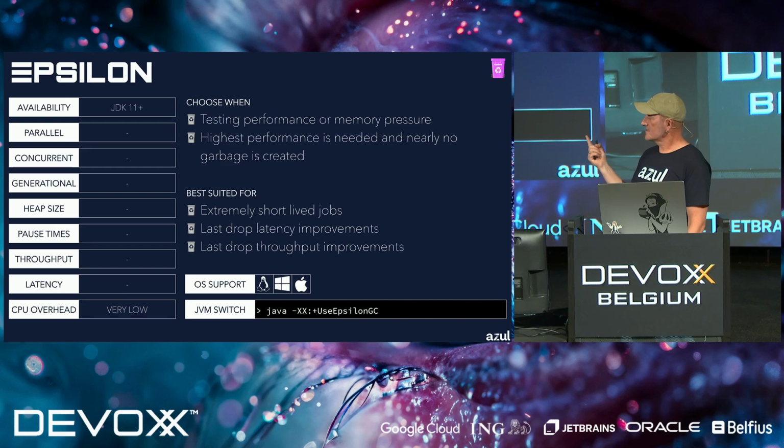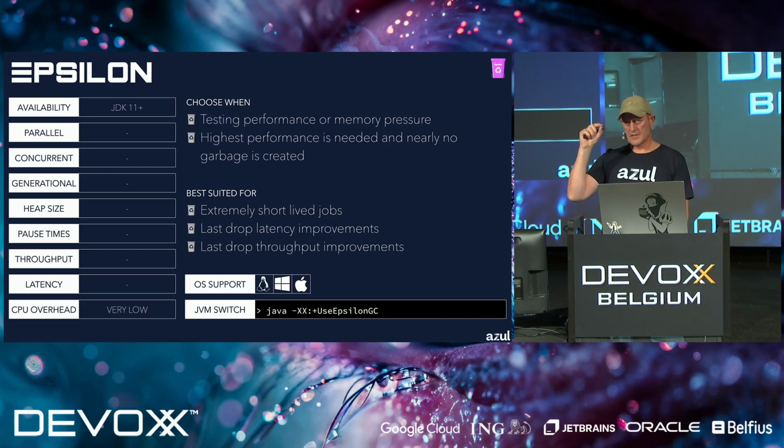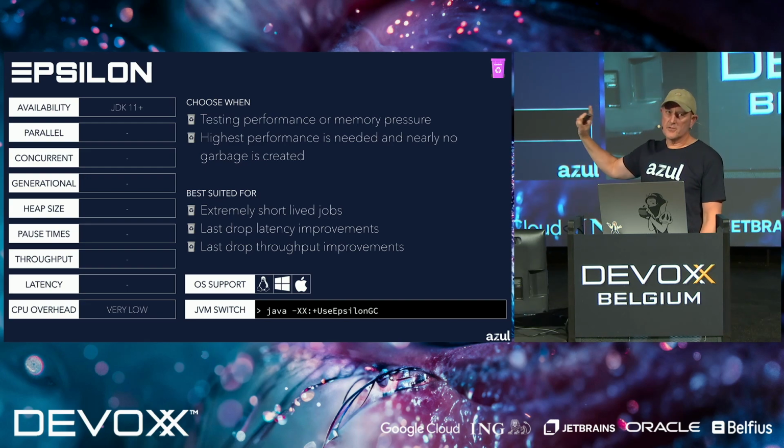Well, the reason is, just think about it. If you measure your application performance, for example, you always measure also the garbage collector that steps in, and you can't really predict when it happens, right? So that means you have to run the stuff a couple of times to get some medium value out of your results. If you just would like to know how good your application performs, you can use this collector,